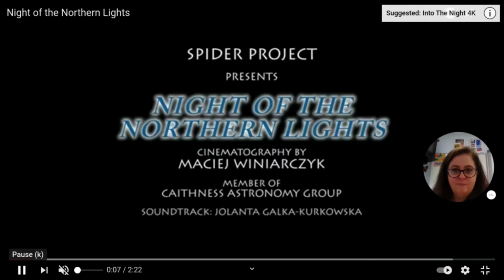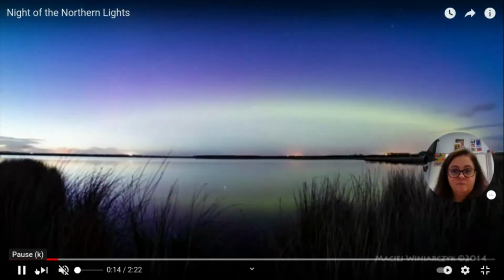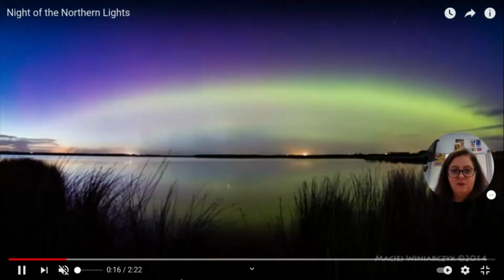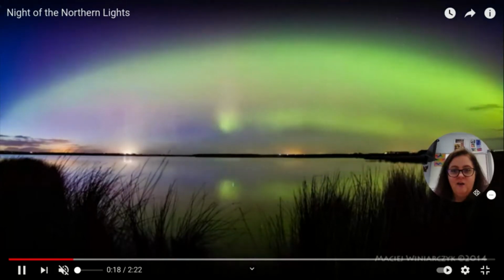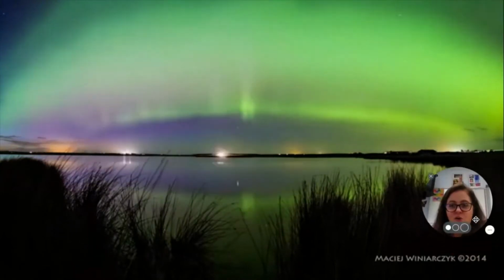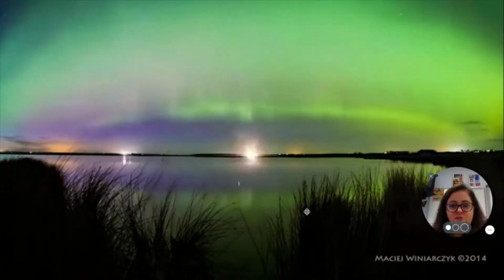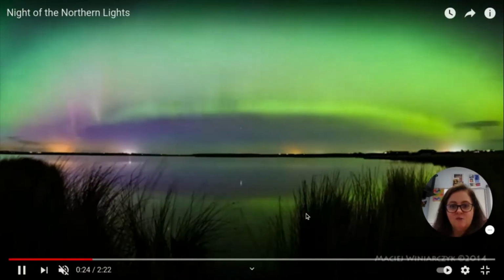The night of the Northern Lights. Ooh, watch the sky. It's starting to get darker. And now the light show begins. And this is all due to the Earth's atmosphere at this place that is really far north. You can't see the Northern Lights where we're at because we're not far enough north to see them. But the beautiful display of colors is almost like a rainbow at nighttime, isn't it?